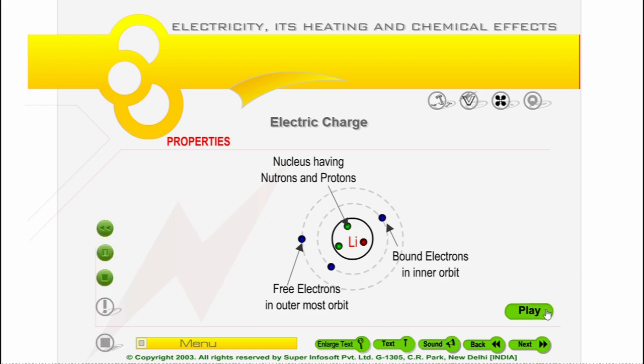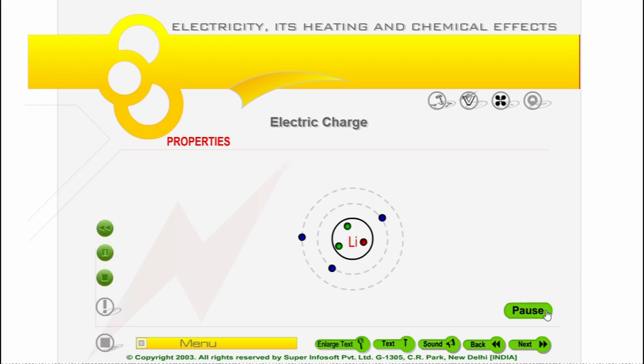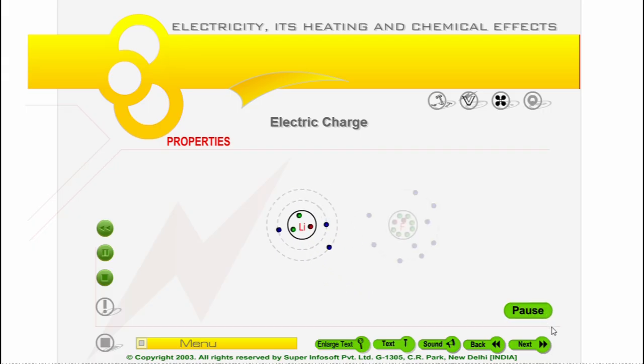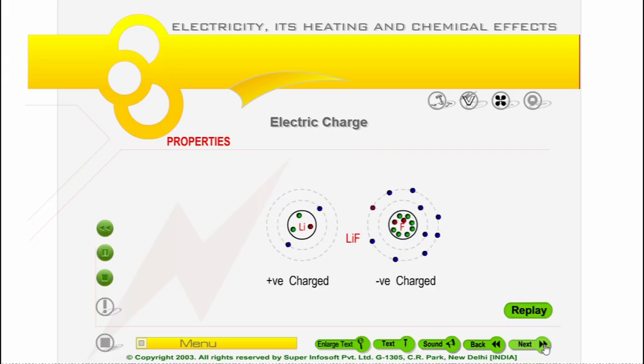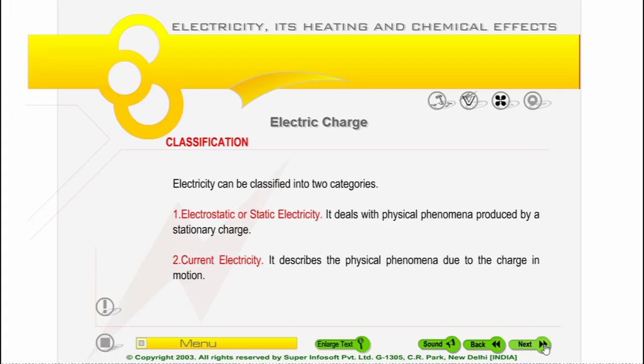Free and bound electrons. We have already read that acquiring of a positive charge by a glass rod on rubbing is due to the transfer of free electrons from the glass to the silk. Silk